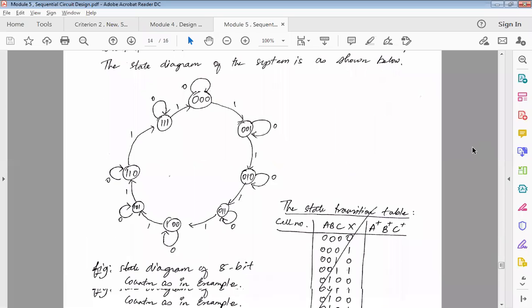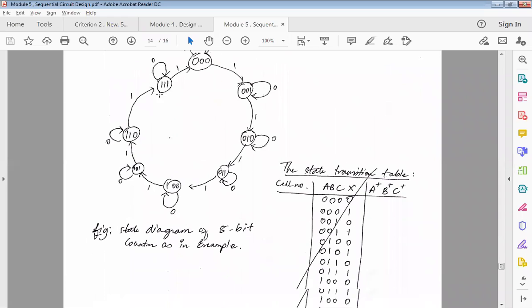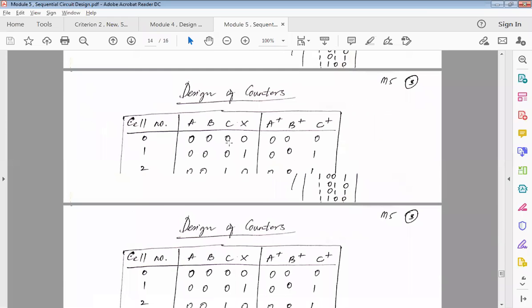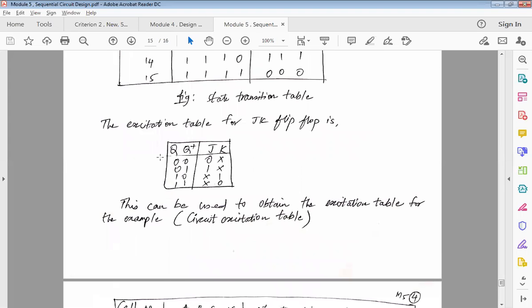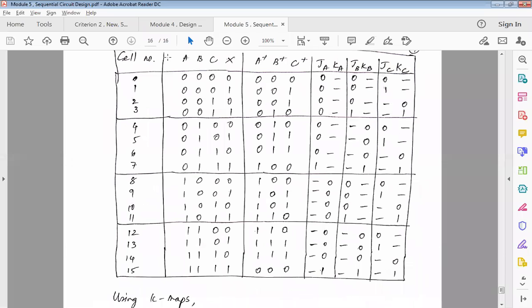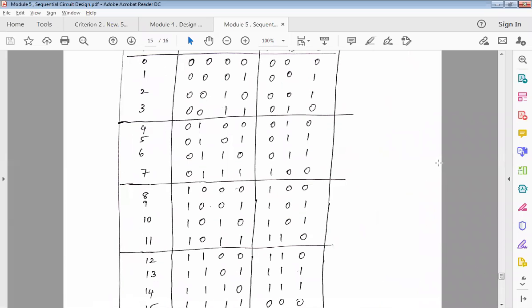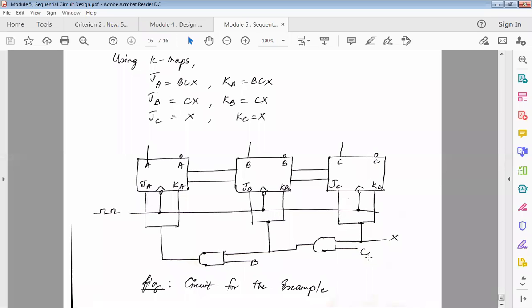Okay. So this is the importance of having a state diagram, right? And this is how we actually migrate from one diagram to another tabular column, and from this tabular column, we take the help of the excitation table, and we go ahead and construct the circuit excitation table on the whole. So I could have done it in one shot in just one table, but I wanted to have a breakup so that you all will be able to understand it step by step. So I hope this concept is clear for all of you. Any doubts in getting this circuit implemented with the help of equations, students?